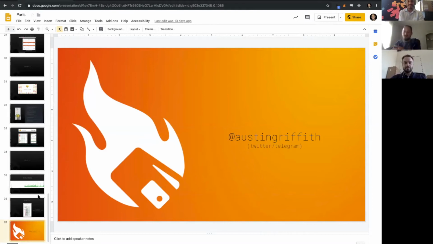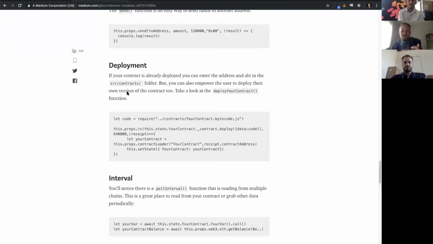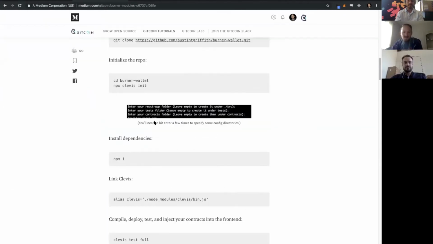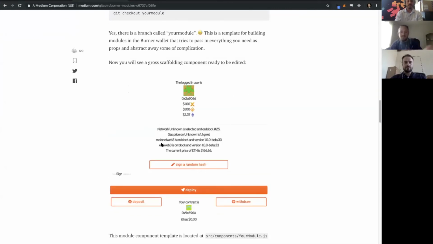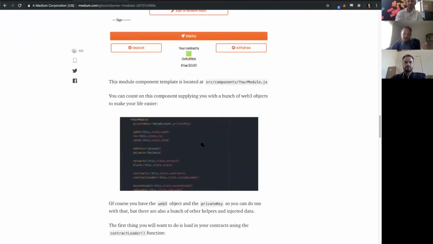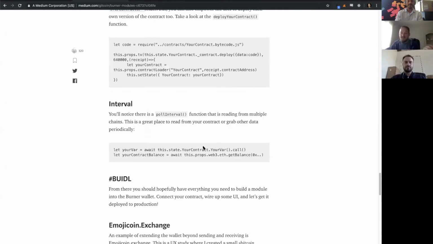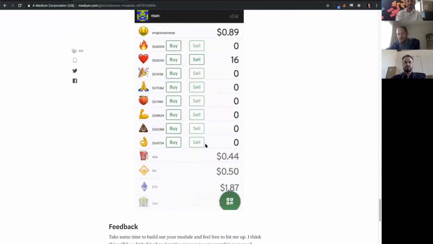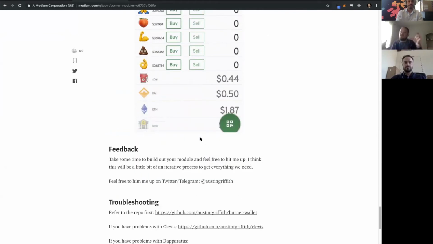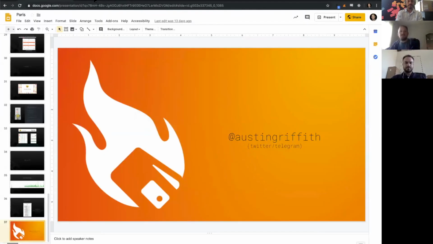But to the ask, we want to do this same thing. We want to get you in building a burner module. You just follow these instructions. It takes a little bit to get this going, but basically you set up a little blockchain, you set up a burner wallet locally, and it'll drop you right into this page. And it honestly took me like 5 hours to build all of emojicoin.exchange. So we're hoping we can come up with these simple little game mechanics that illustrate the cool parts of the blockchain and just get them into the burner,